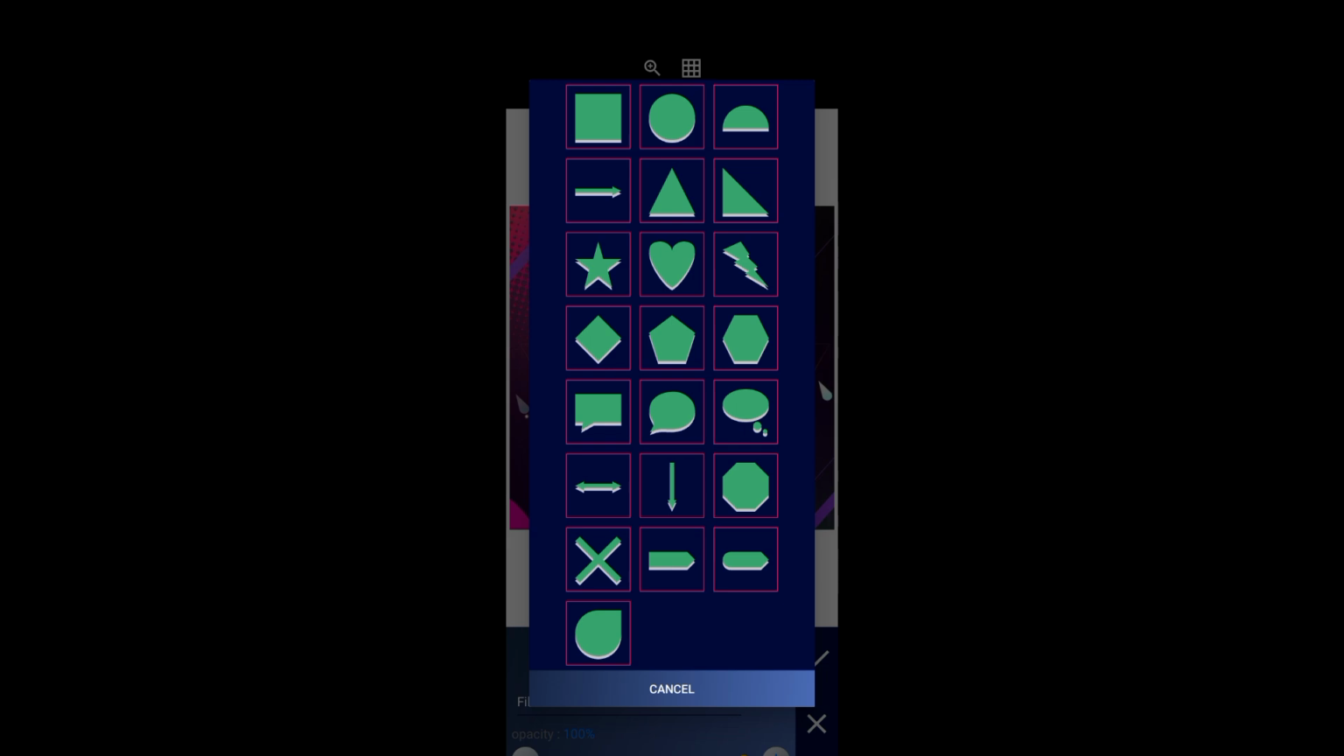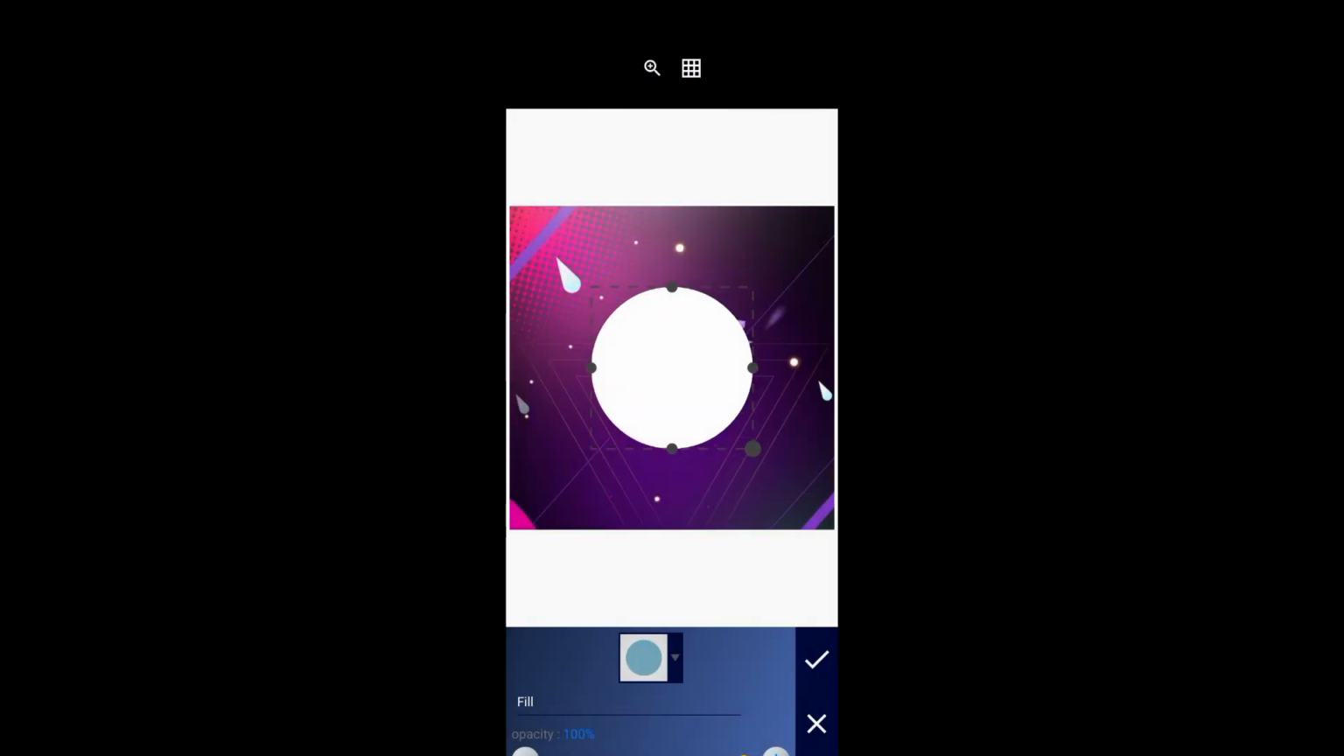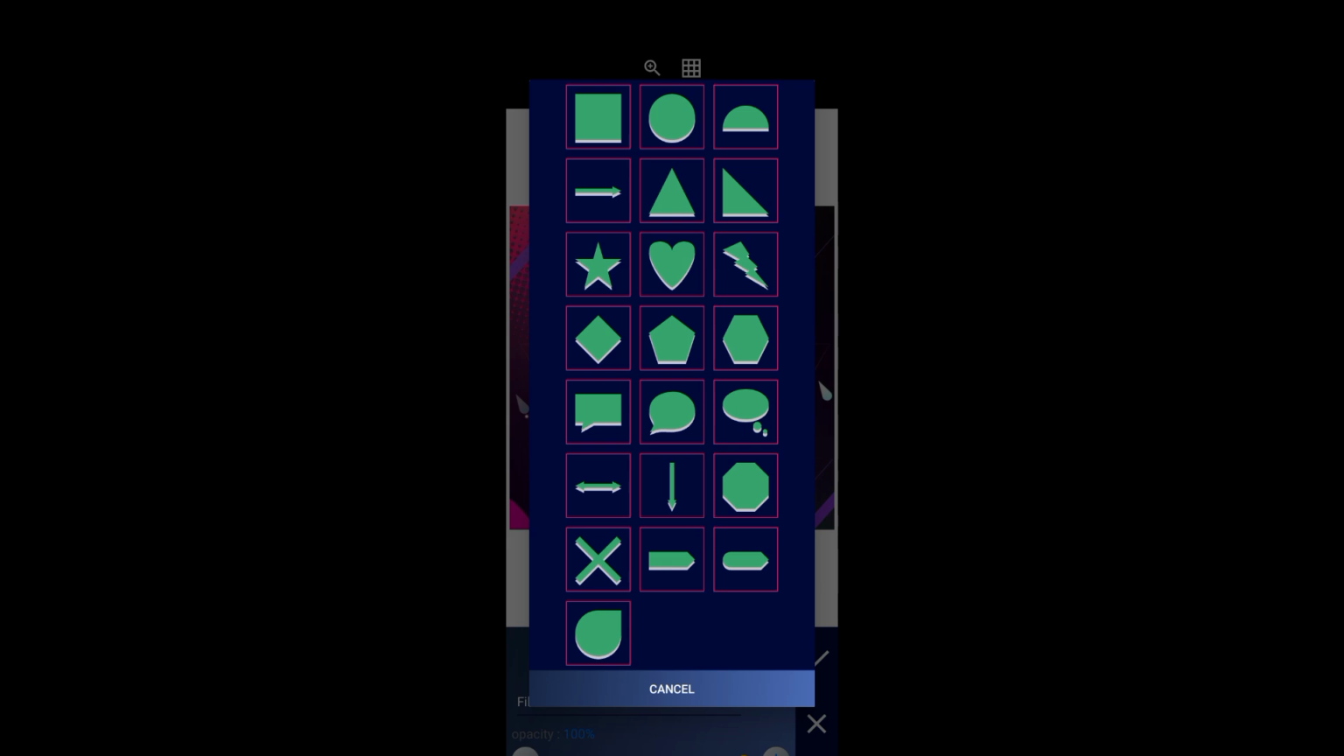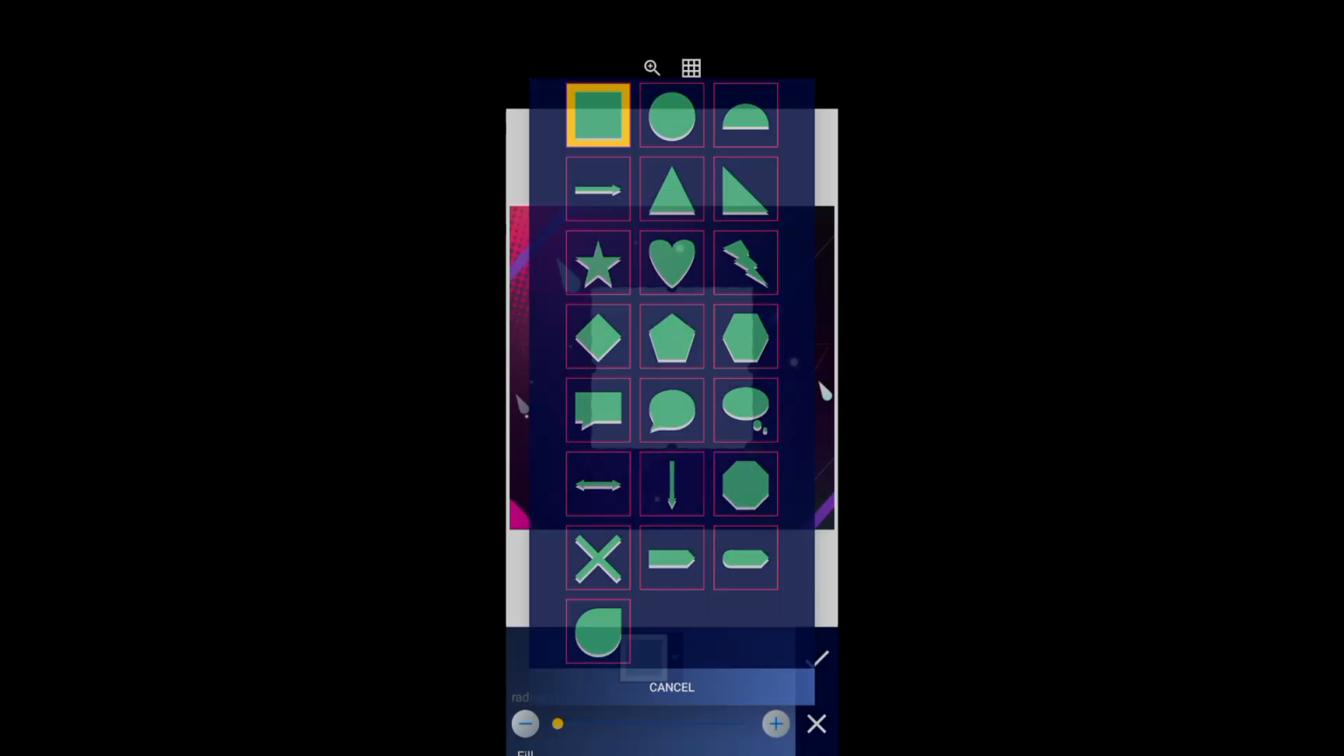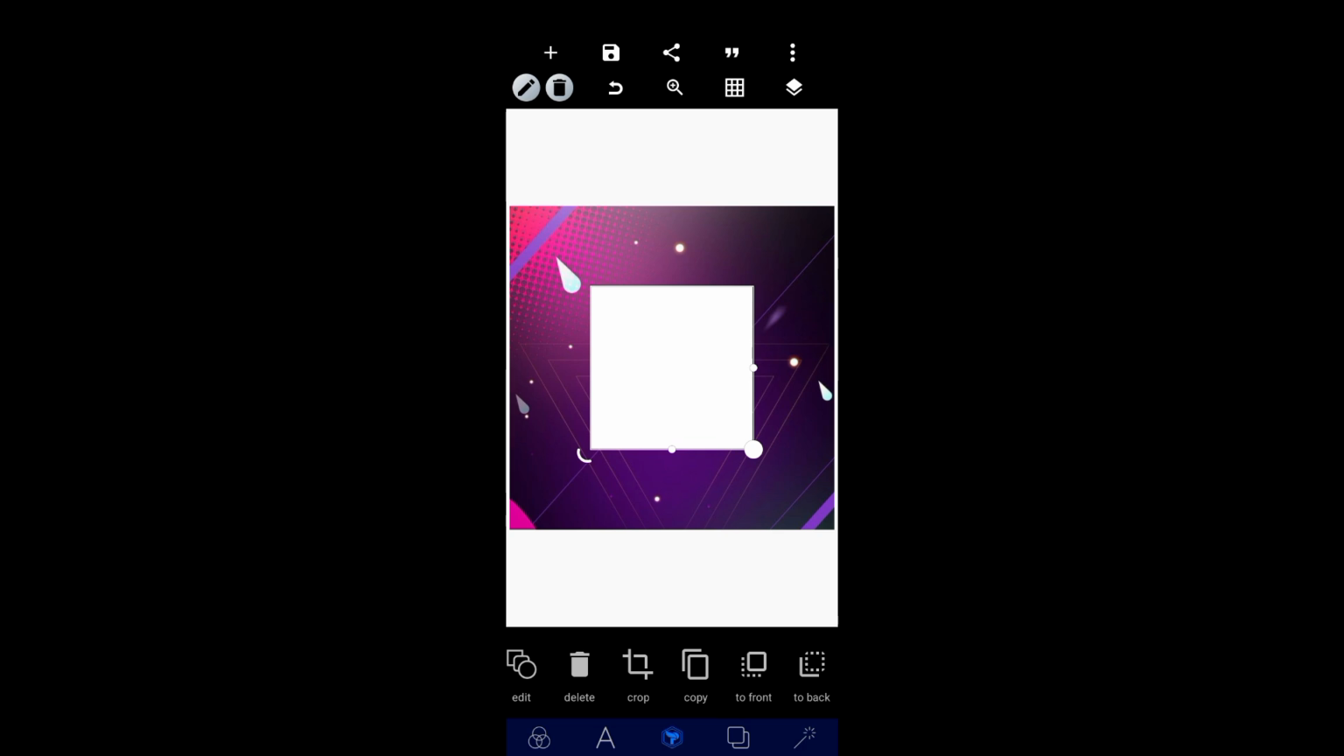All right, so we have the shape, we have circle. Any shape you want, you can create it from these ones that you are seeing. You can create it from it. All right, so let's move to the